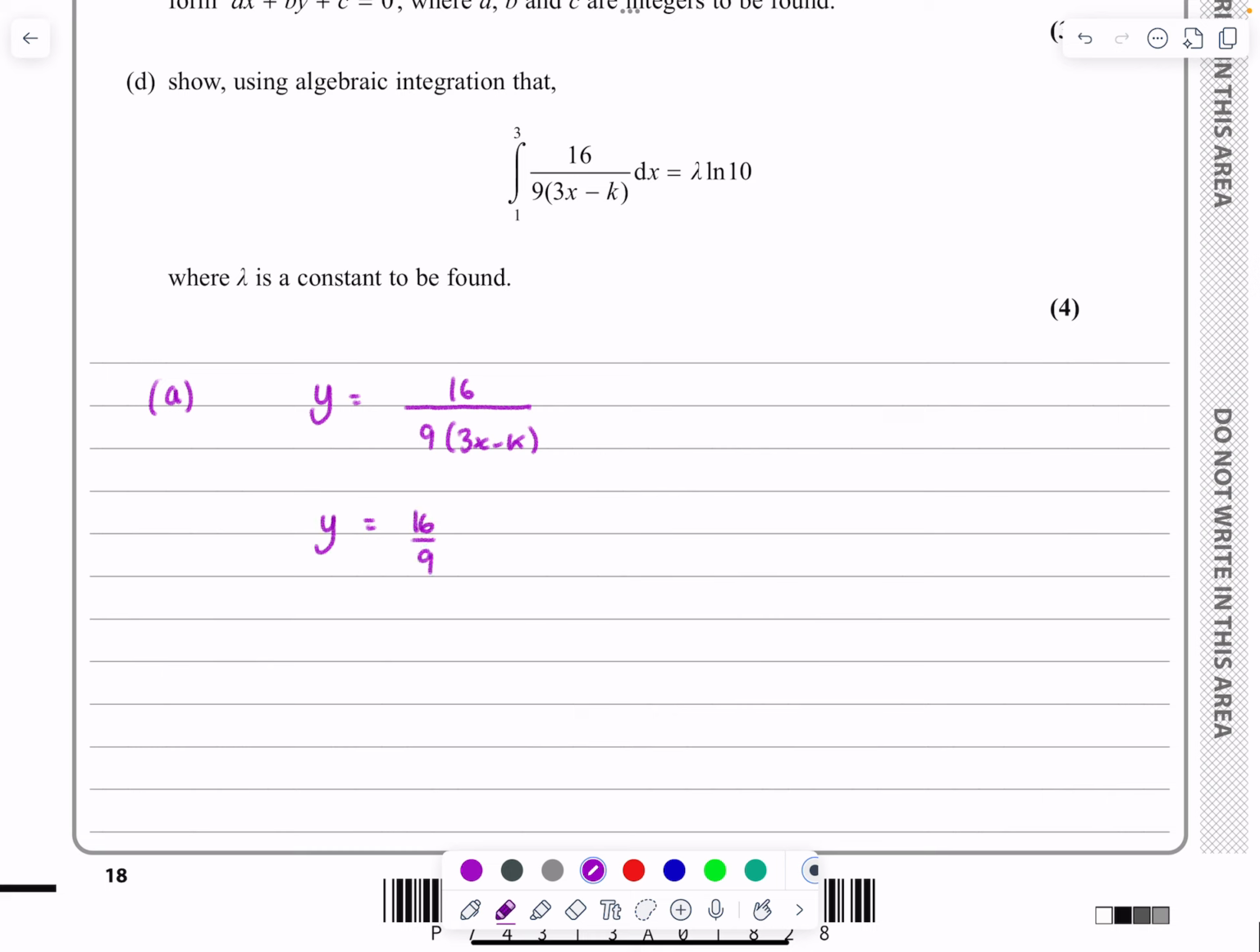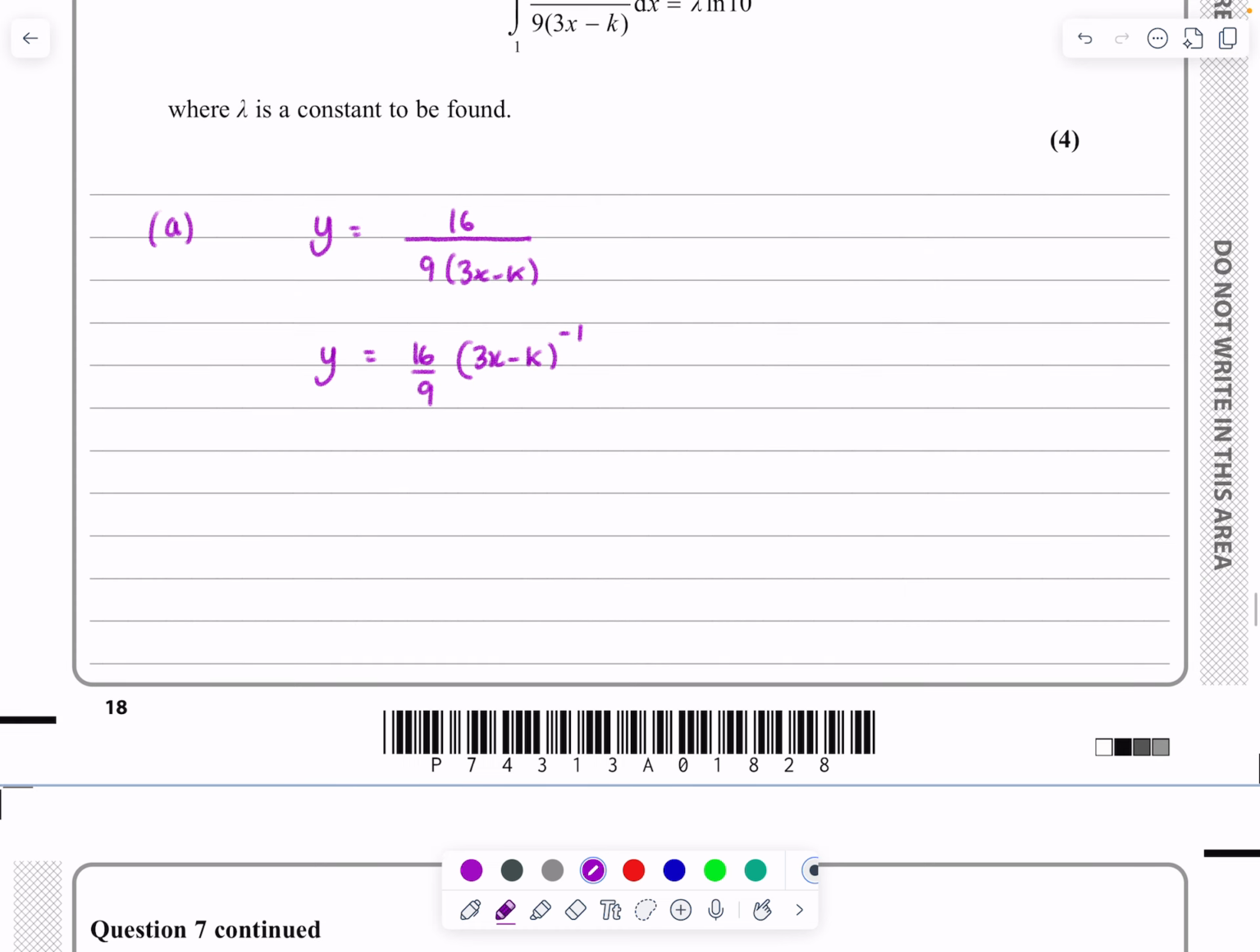I'm going to take the 16 over 9 out and just say this is 3x minus k to the minus 1. So now we know how to differentiate this. Early on, you'd have used the chain rule and taken a little bit of time, but I think by the time you get to the exam, we should be able to say, right, what's dy by dx going to be for this? The 16 over 9 I don't need to worry about, that's just a constant. But then what I've got here is something to the power of minus 1. How do I differentiate something to the power of minus 1? I multiply by the power, which is minus 1, take 1 off the power, which becomes minus 2,